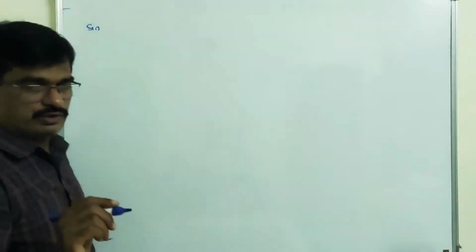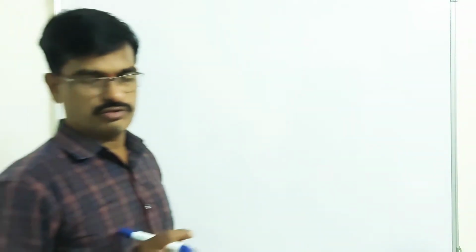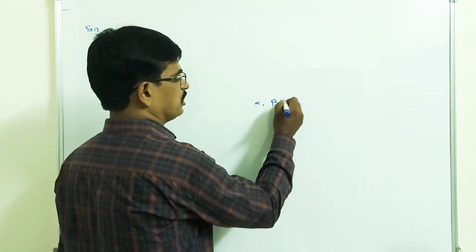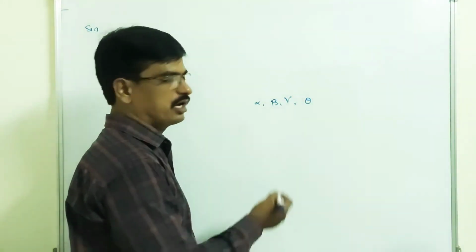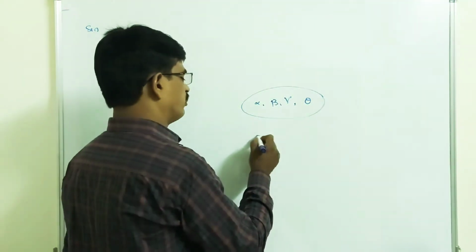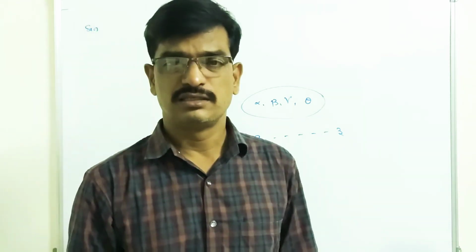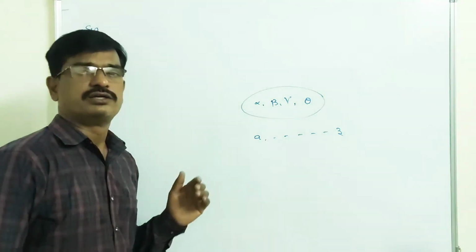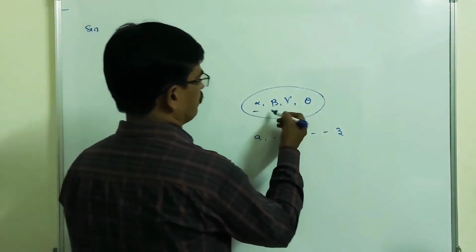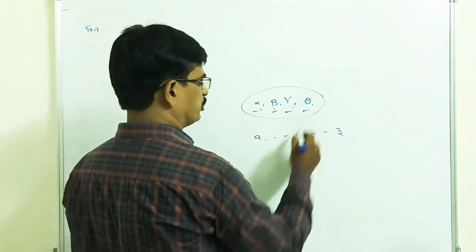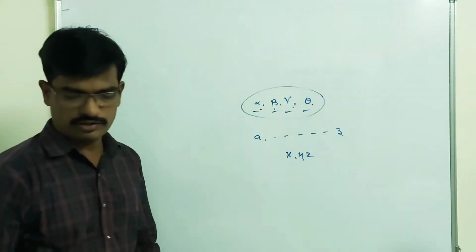Usually in algebra also we use letter symbols to represent the unknown quantities, like alpha, beta, gamma, theta, which are Greek alphabets. In the alphabets A to Z, we can use any letter to represent unknown quantities. Similarly, in trigonometry, alpha, beta, gamma, theta are used to represent the magnitude of an angle. Instead of alpha, beta, gamma, theta, you can also use x, y, z also. No need to worry.